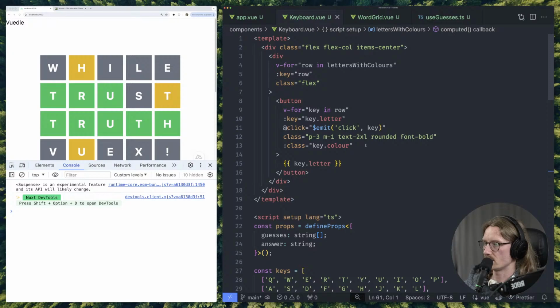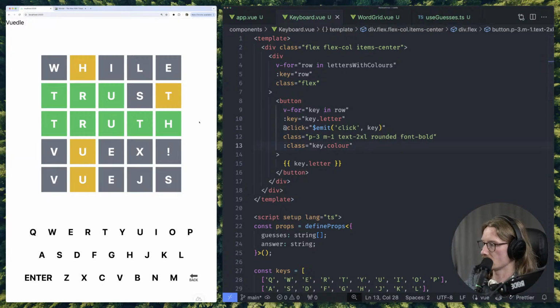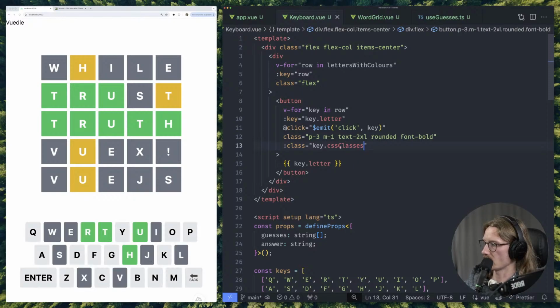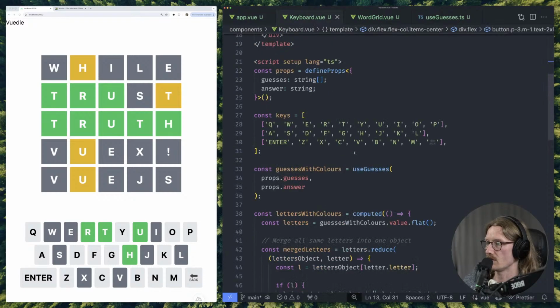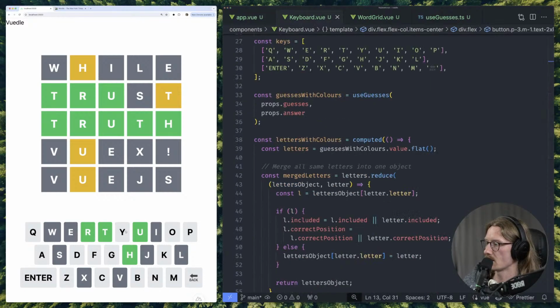I just need to do that. CSS classes, that's what we got. Okay, perfect. So now we've got our little thing here. We don't have any way of inputting any data yet. We don't have any way of playing the game, but we've got the basic UI components set up. We've got this keyboard thing. We can click on it. It'll emit